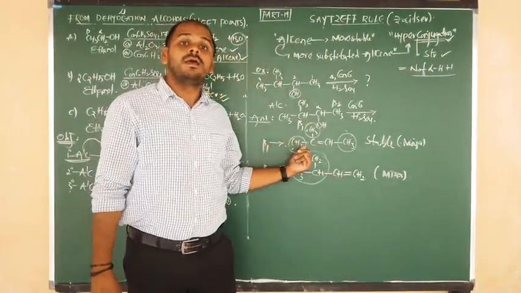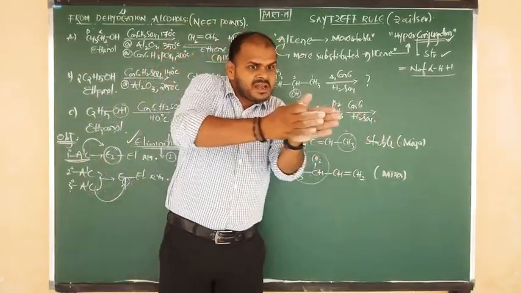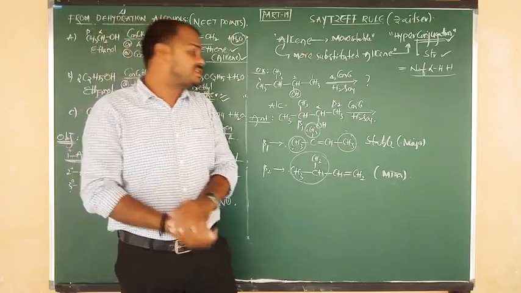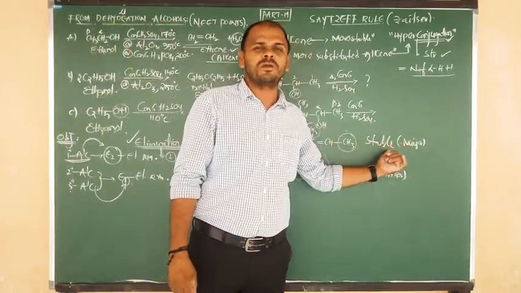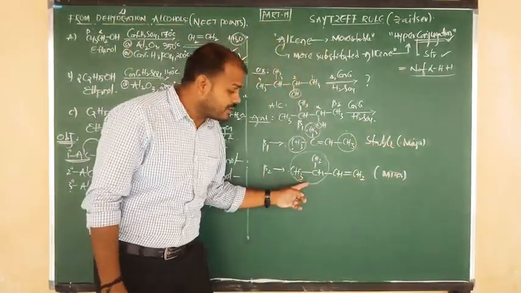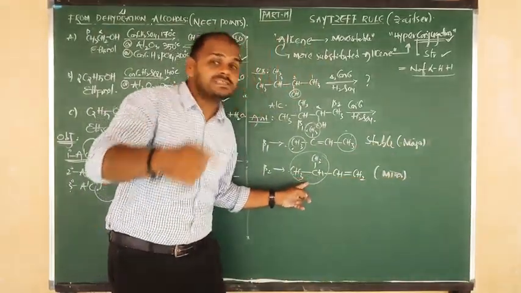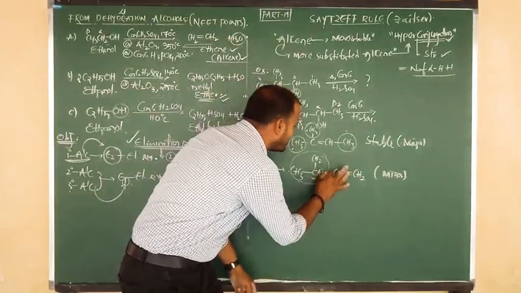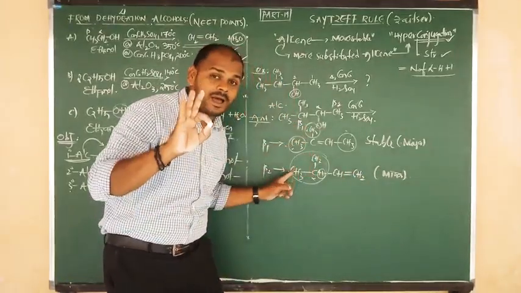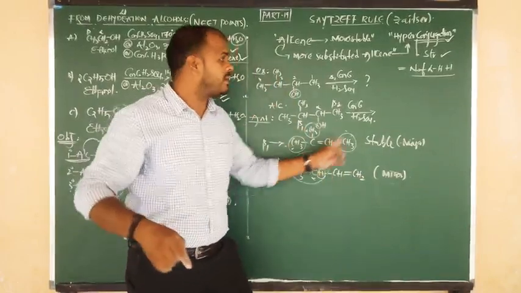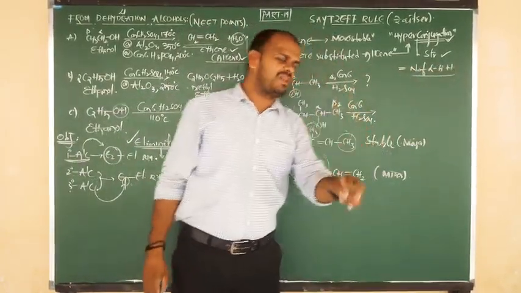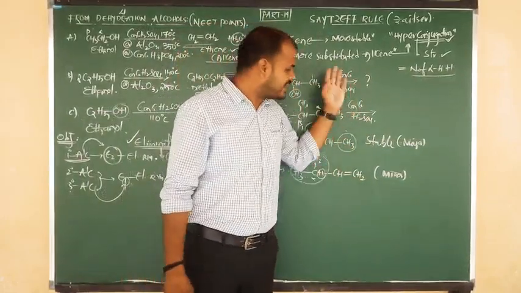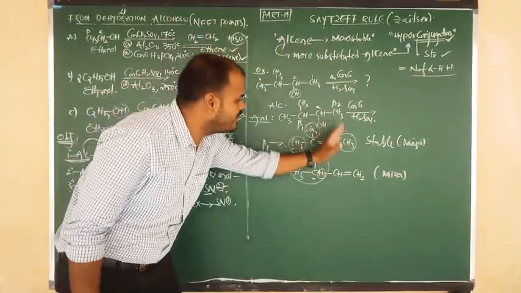Means by using that beta 1 product we can write 10 hyperconjugative structures. That's why, due to the more resonating nature, we say that this is the major product and this is the minor. And by using this, how many hyperconjugative structures can you write? C double bond C, adjacent is alpha. Alpha contains only one hydrogen, don't consider beta. 1 plus 1 means we can write only 2 structures, and by the other we can write 10 structures. In that way we have to decide the stability of the alkene.